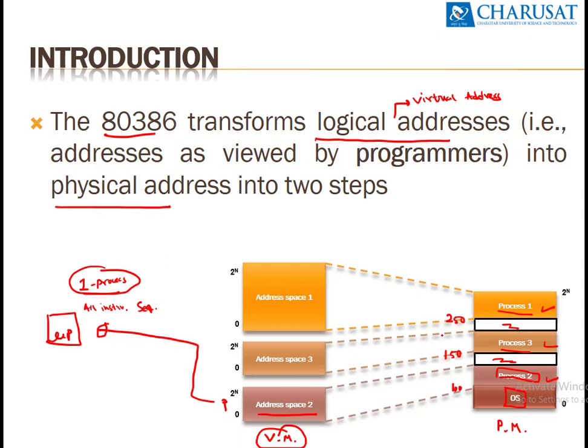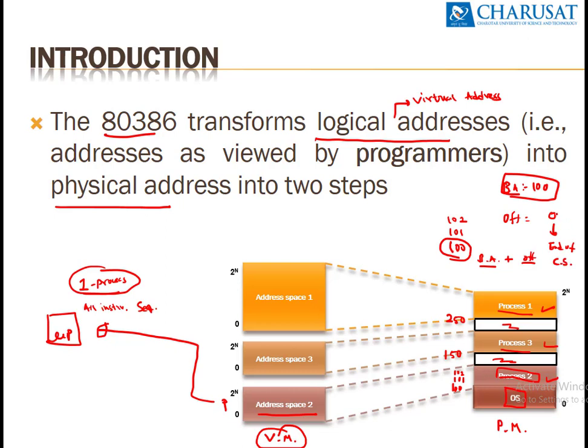Normally, the next instruction of process 2 will be stored at 101, the next instruction at 102, and so on. But if we take the base address out of it and add an offset, the base address, normally the address of the first instruction, is nothing but 100. So the base address in this case for process 2 equals 100. We will keep the base address in a separate register, and the offset value will start at 0 and go up to the end of the process, the end of the code segment.